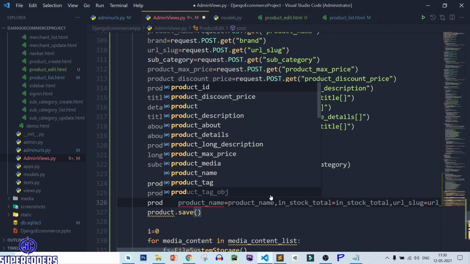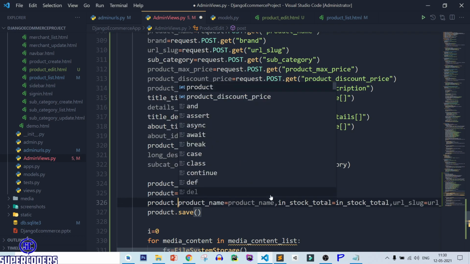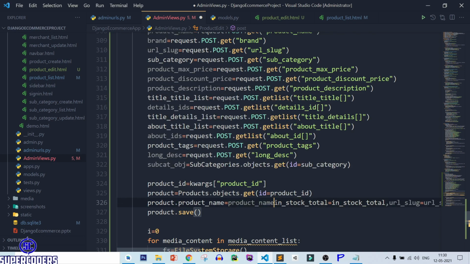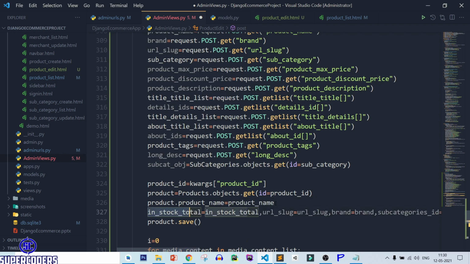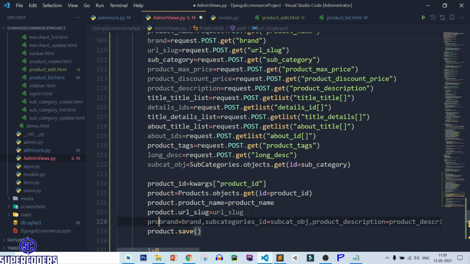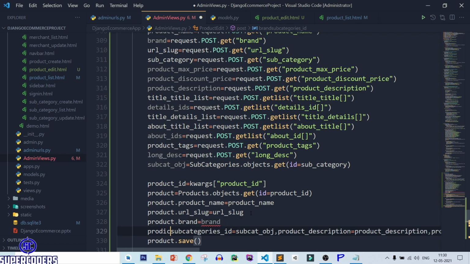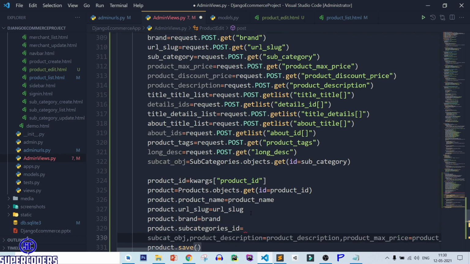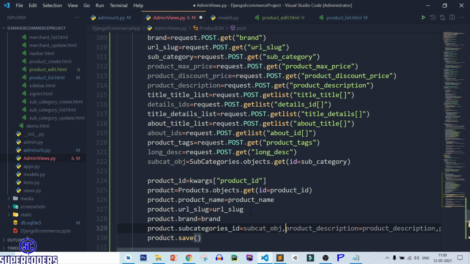After that, product.product_name equal to product_name. In store total we don't need, so product.url_select, then brand, so product.brand, then product.subcategories_id equal to subcategory object,